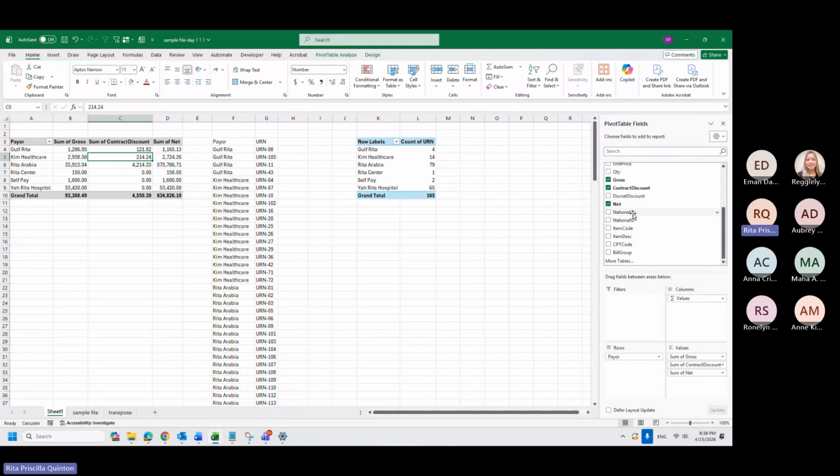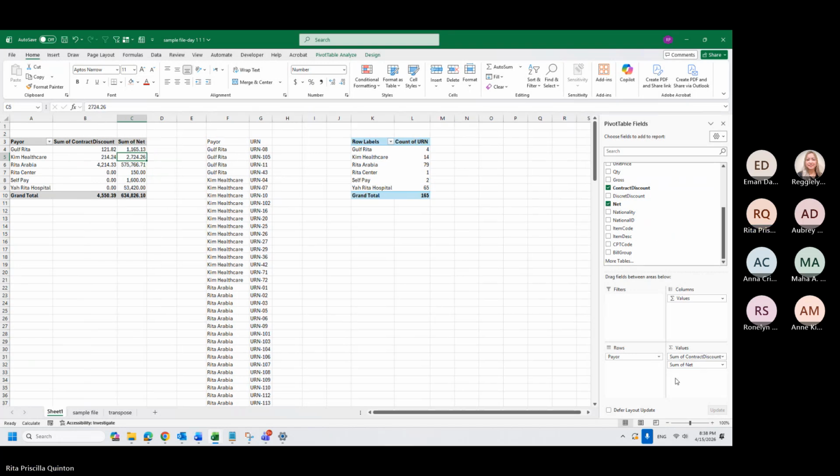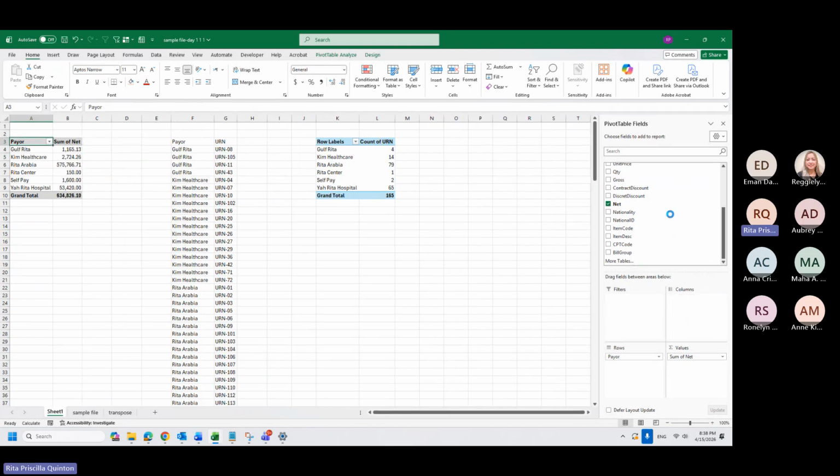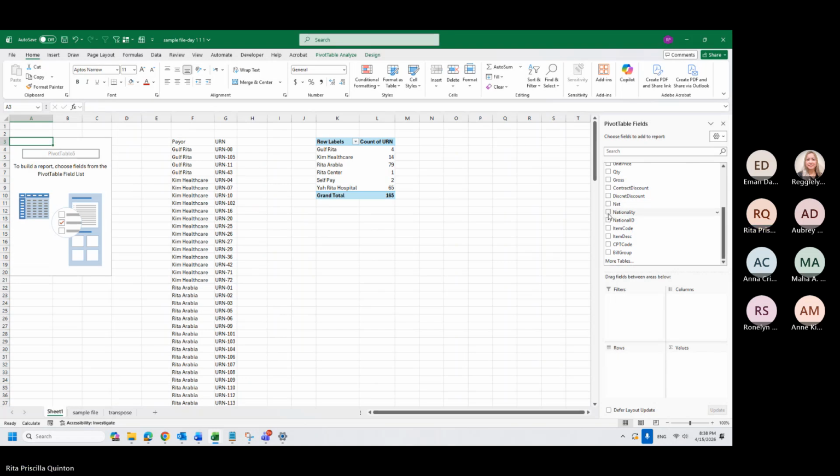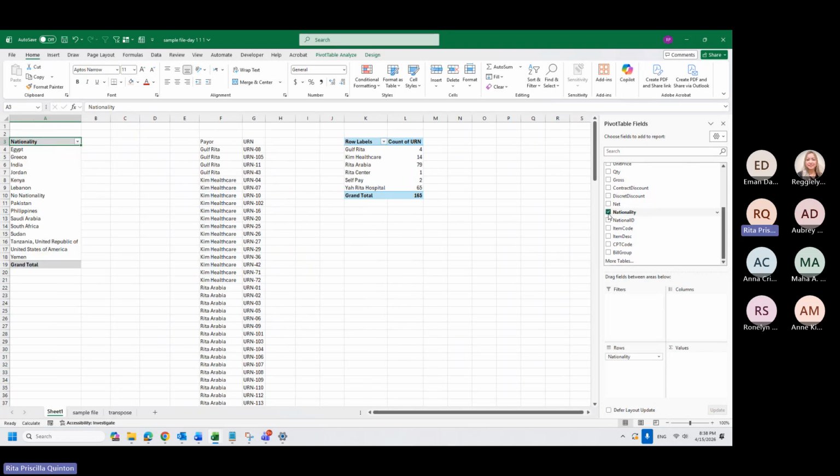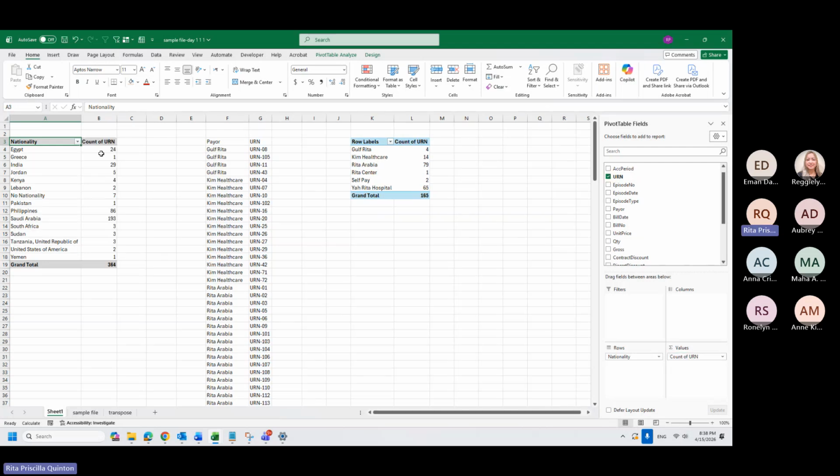National ID. For example, I want to know how many Saudi patients. Okay, let's try that. Nationality, I will go here. Tick the nationality and then tick the patients. If again, if I put it on the values, it will count the number of rows, number of lines.